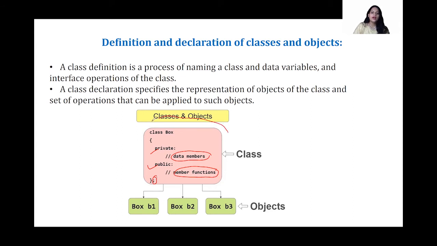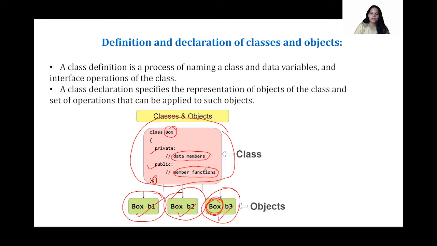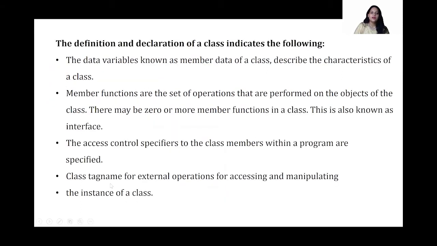Once I have my class, I'm creating different objects. So what is this object? It is of type Box. Now what is this Box? This Box is nothing but the class type. Since I named my class Box, when I say Box P1, this creates an object, this creates an object, and this creates an object. I hope this is clear to you all. So this is how we declare a class and an object.